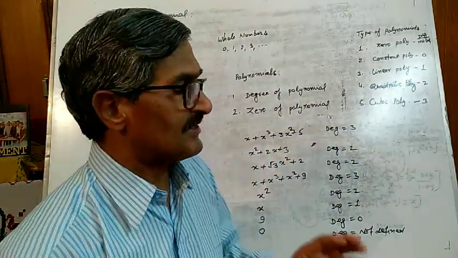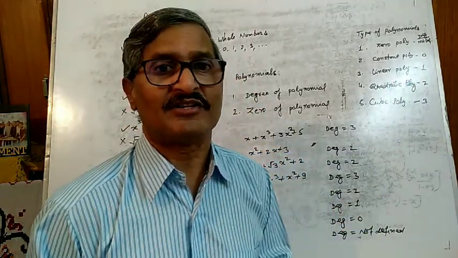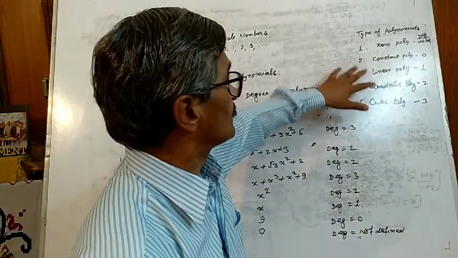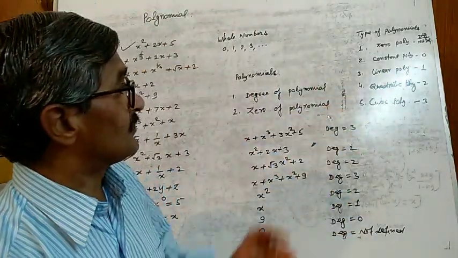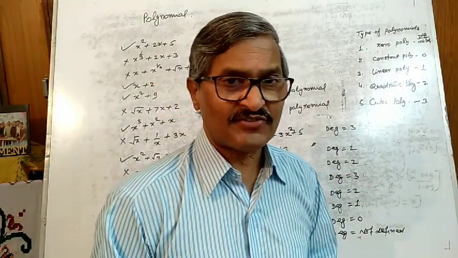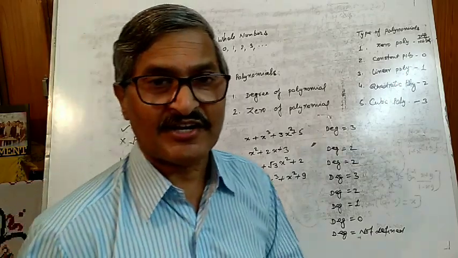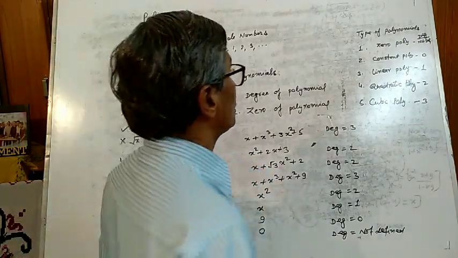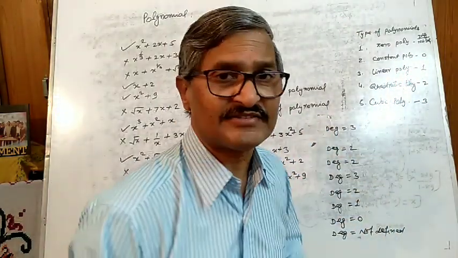You should know that cubic polynomial means highest exponent of the variable involving in the polynomial is 3. So this way we are classifying the polynomials. Another way of classifying the polynomials is according to number of terms. So note down this, then we will discuss about